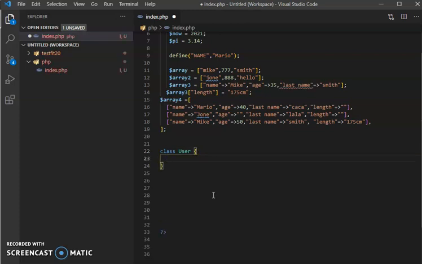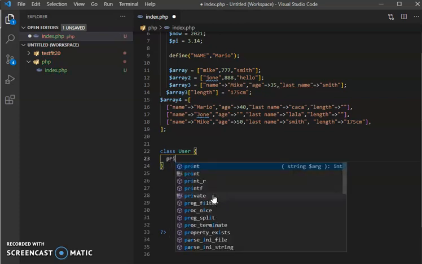Now each class has some properties, so you can make a public variable and you can make a private variable. If you make a private variable, which is always more secure, you can use this variable only inside the class. You cannot use it outside of the class. So let's say private first,